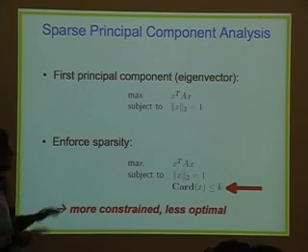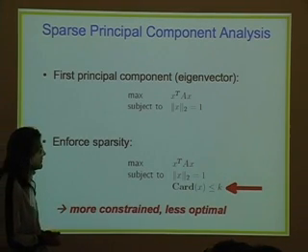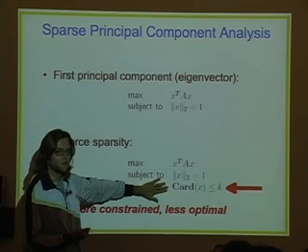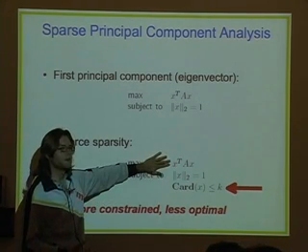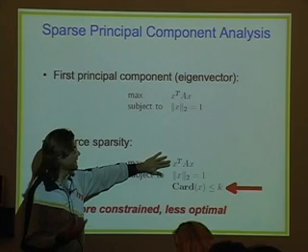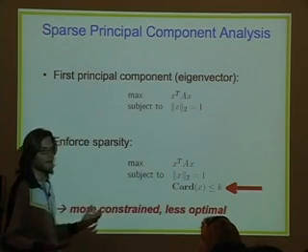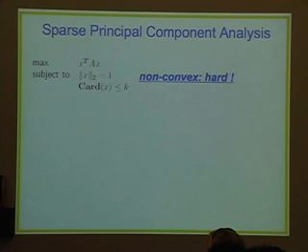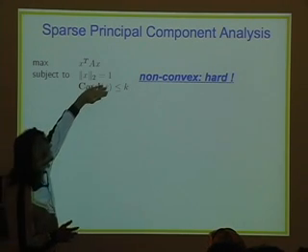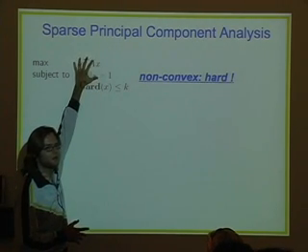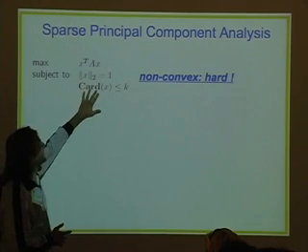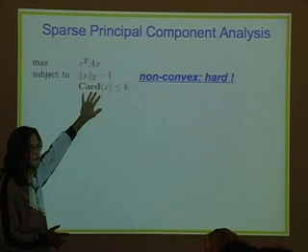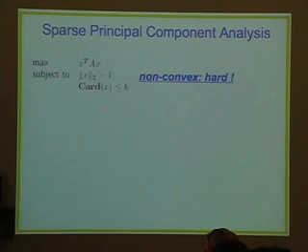So what's going to happen if we could solve this optimization problem is, because we put more constraints on our solution, we want it to be sparse, probably it will not be as optimal. The amount of variance that we can explain will not be as big. That's what's going to happen. Now, besides that, there's something much worse that happens, which is that this problem all of a sudden becomes a non-convex optimization problem. If we omit this constraint, finding the first eigenvector of a matrix is very simple, very efficient. If we add this constraint, which is a very hard non-convex constraint, it turns out that this whole problem becomes very hard to solve. It's basically a combinatorial problem that you get.